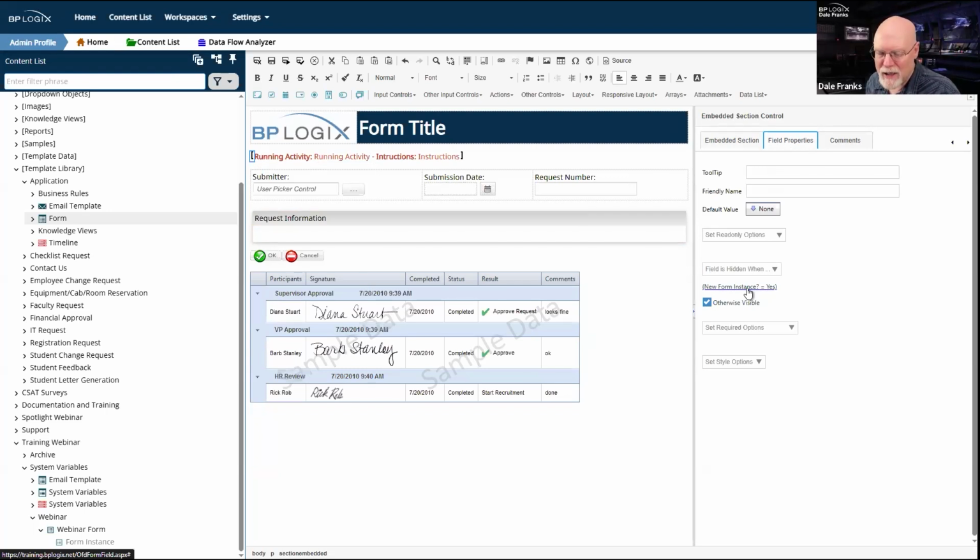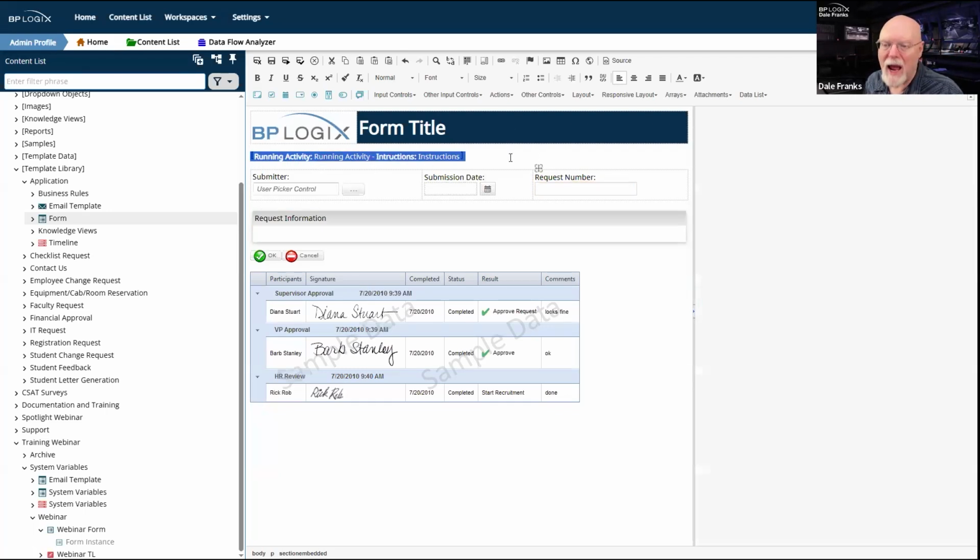It hides these system variables on a new form instance, doesn't hide it after the timeline is complete. None of these system variables make any sense. They have no context if I am not actively running in an activity.